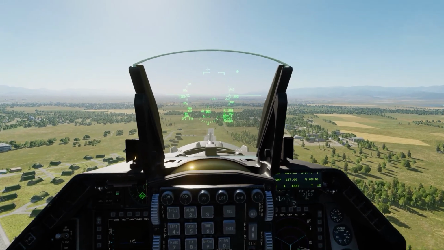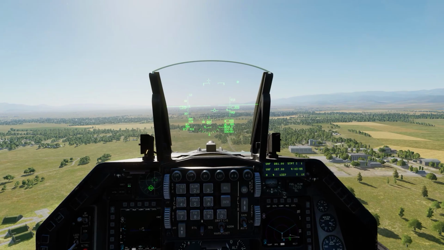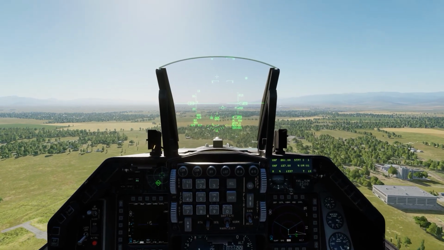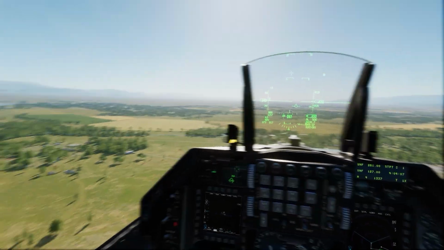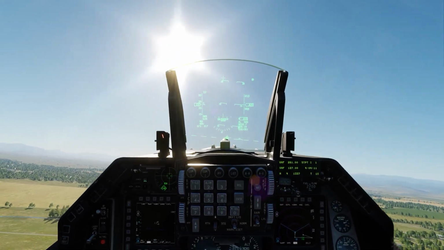So I'm flying runway heading right now, almost like 09, which means the downwind leg is going to be 270, and I'm not going for any overhead break right now. I'm just flying regular patterns. What I'm going to do is climb up